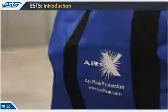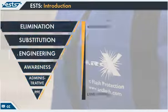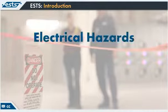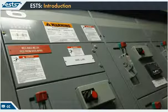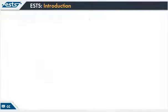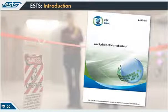You'll become familiar with preventive and protective risk control methods that can be applied against electrical hazards to reduce risk, and the principles that will help you work safe. By the end of this training program, you will have a good understanding of the electrical hazards you face at work, how to identify them, and the harm that they can cause to you, when you should address electrical hazards and the most effective means to do so, how to plan electrical work tasks safely using a plan, do, check, act philosophy, how to operate within OH&S regulatory obligations, and apply the tools from the CSA Z462 Workplace Electrical Safety Standard,